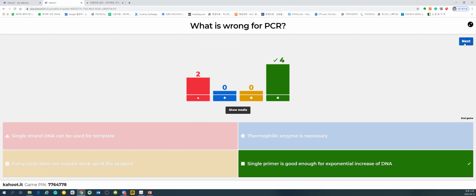But one key component of this PCR, the idea was quite simple, but the optimization is not simple. You have a template, and originally it was double-strand DNA. You need to melt it by high temperature, and if you don't want to add more enzyme every cycle, then the enzyme should survive up to 90 degrees.